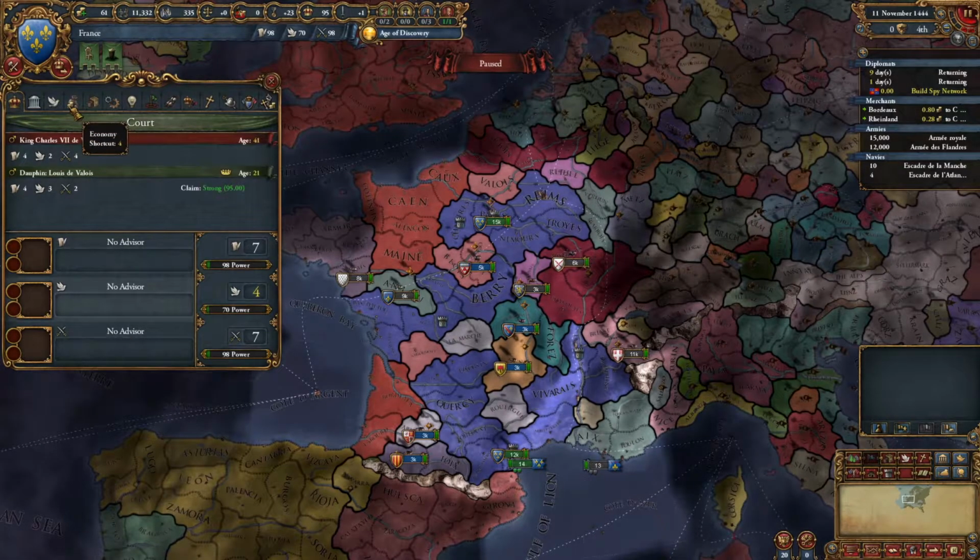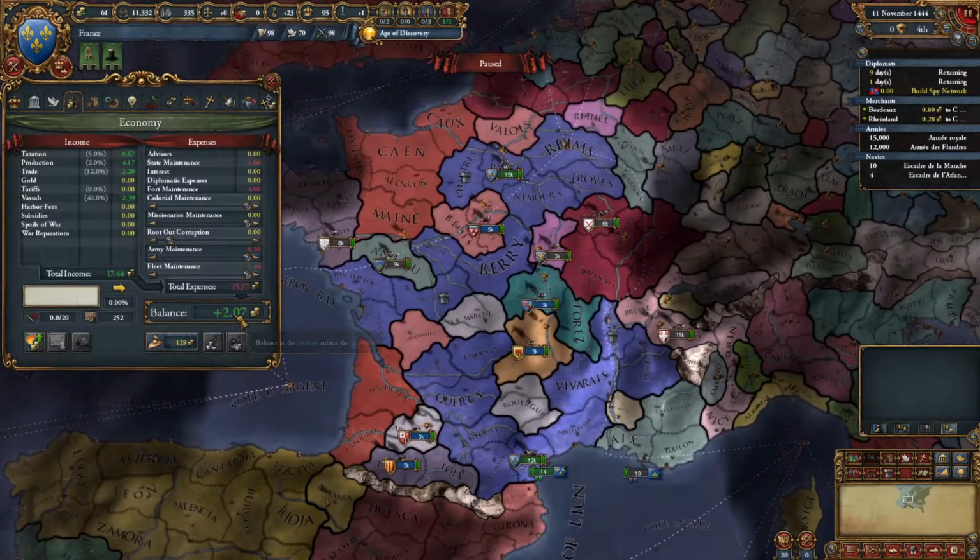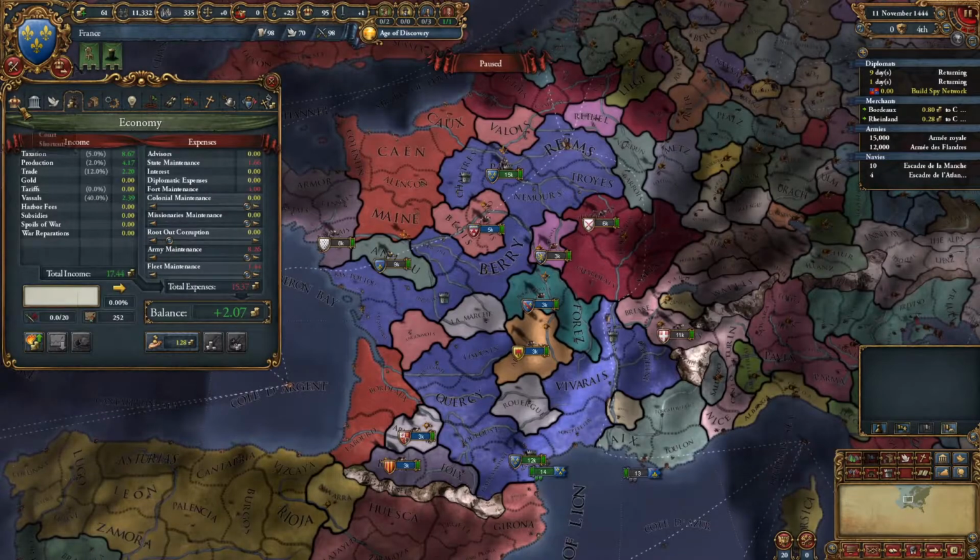Let's go to our economy tab, though. This is the 4th tab over. Let's click on this and see what the deal is. Holy cow, we're only making 2 ducats a month. So if we were to hire